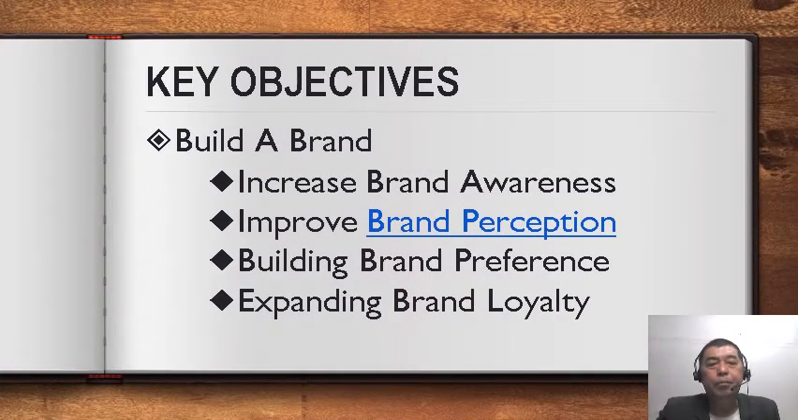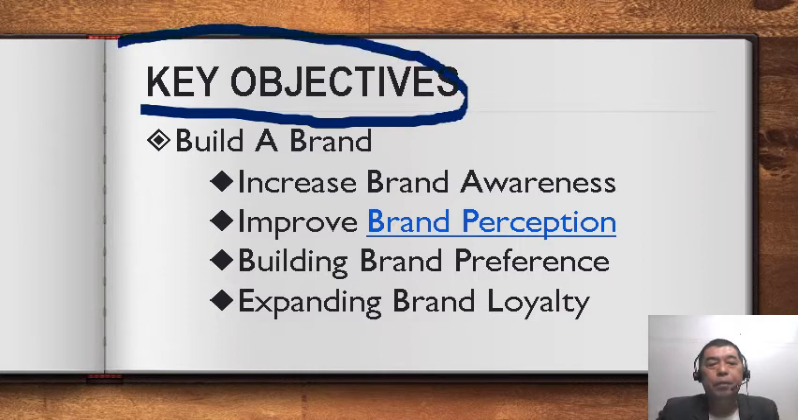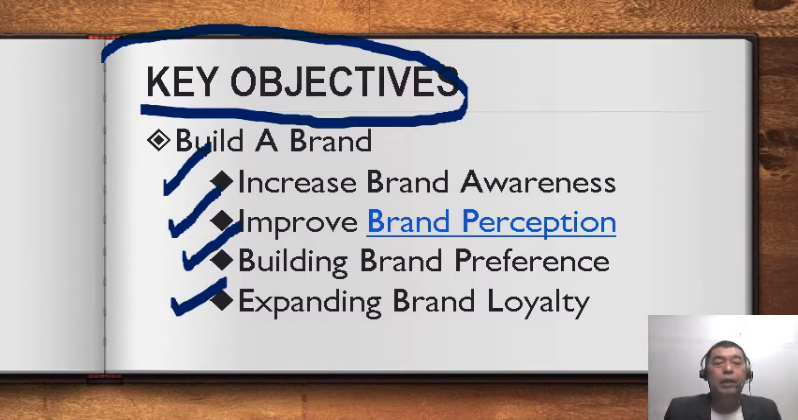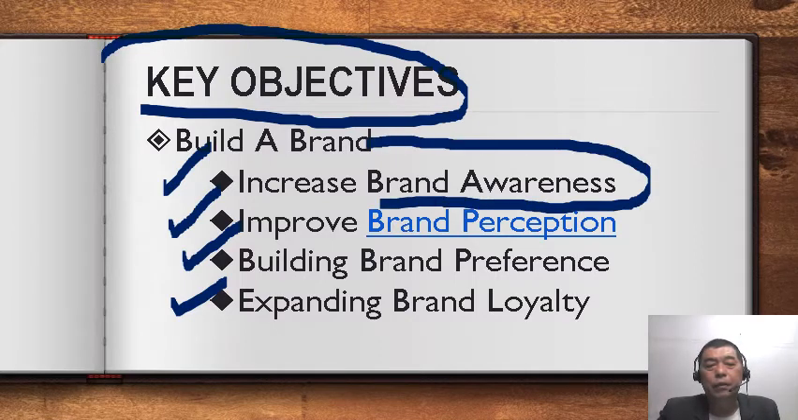So, setting up key objectives. Build a brand, no? You want to, let's say, increase brand awareness, improve your brand perception, build brand preference, and expand brand loyalty. These are just typical and concrete examples of your major or key objectives. Of course, in social media, all of these, increase, improve, build, expand,